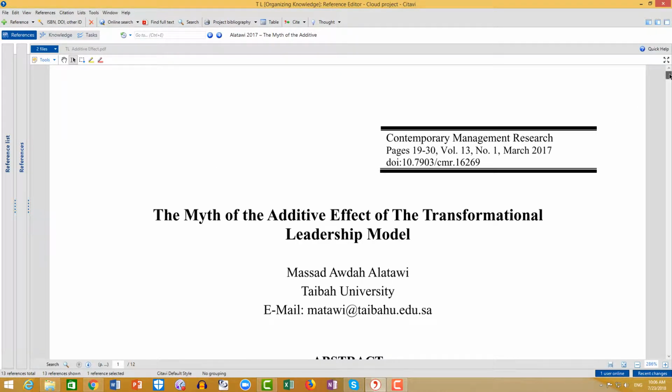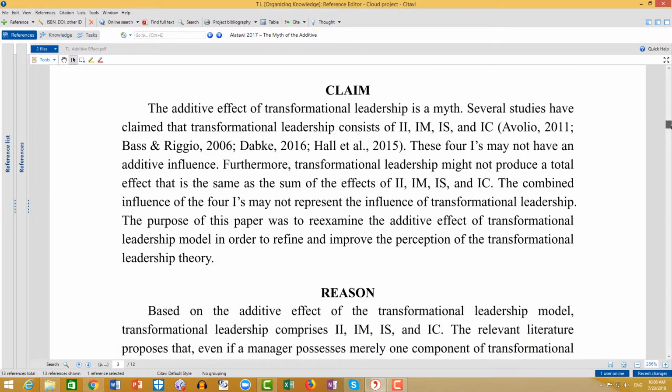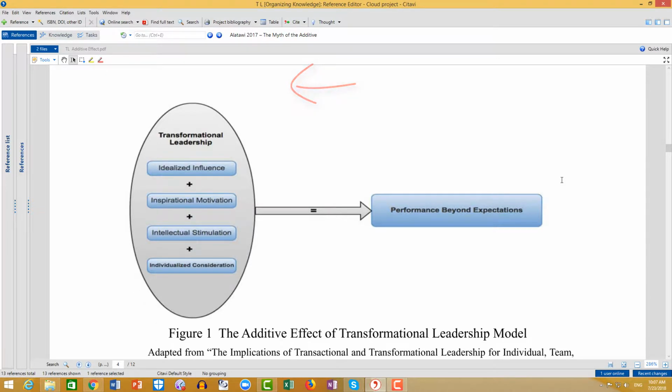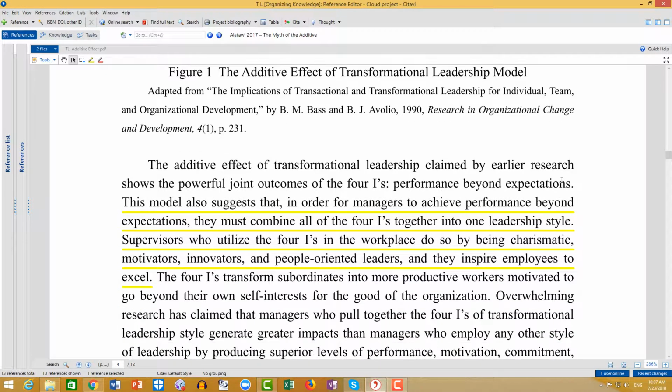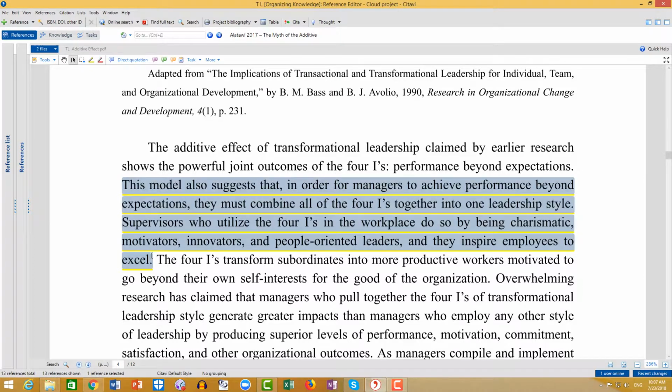I am going to scroll down the document, most probably to logical page number 4. The logical page number 4 is actually page number 22 within the document page numbering system, which is called the physical page number. And then I am going to select this section or this passage over here,